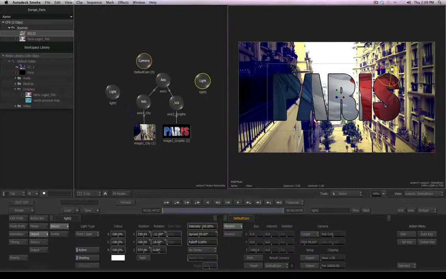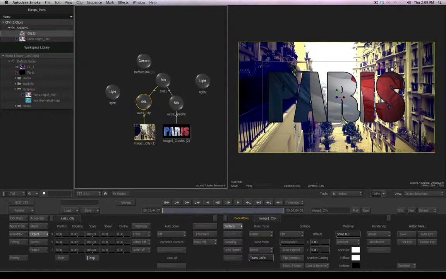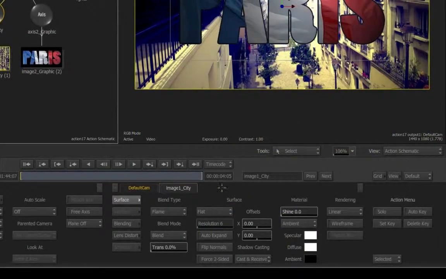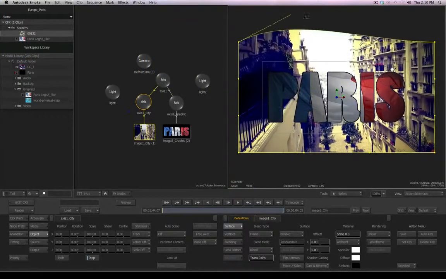Now I'd like to take the graphic of Paris and move it forward in Z space. Now I want to manipulate the image one city. So if I select that, this is now the active parameters. I would like to bend this image. So under the surface controls for image one underscore city, where it reads flat, I'll expand this and I'll choose bicubic. Now you'll see that I receive corner points for the image plus Bezier handles that allow me to manipulate